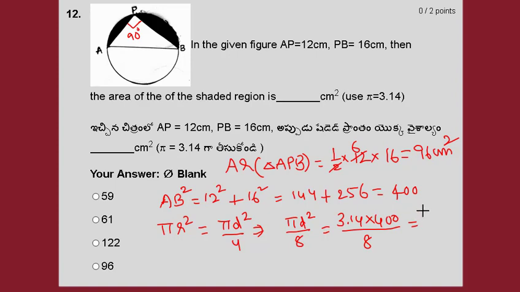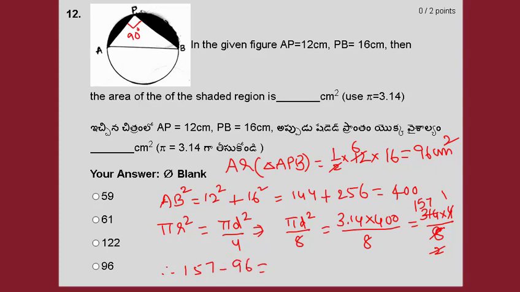If you calculate this, this is equal to 314 times 4 divided by 8, and if you cancel, we get 157. Therefore, area of the shaded region will be equal to area of the semicircle, that is 157, minus area